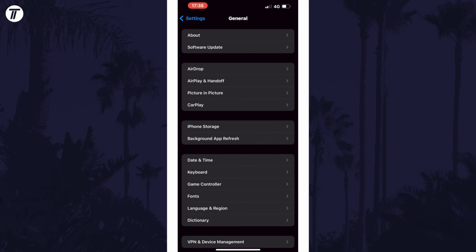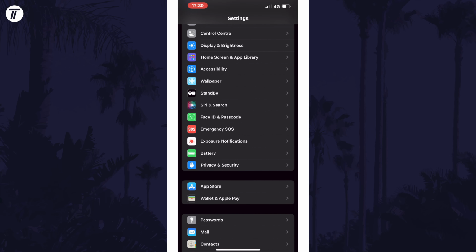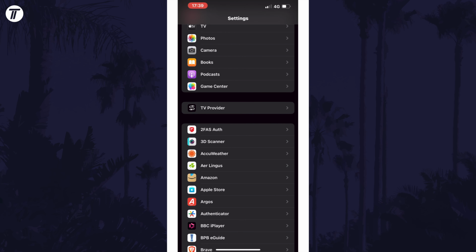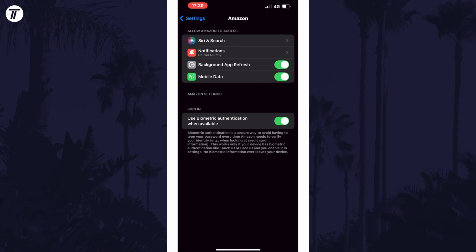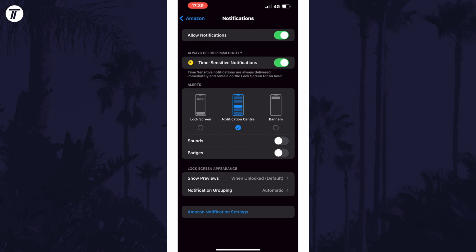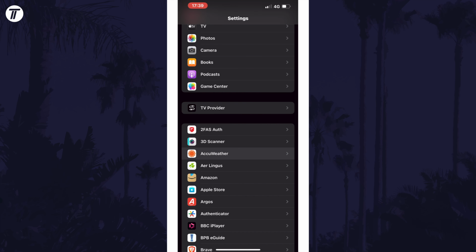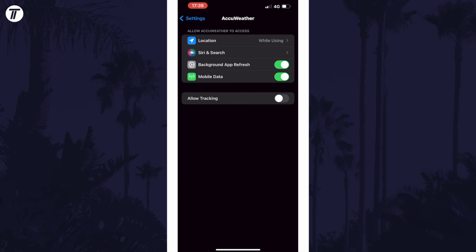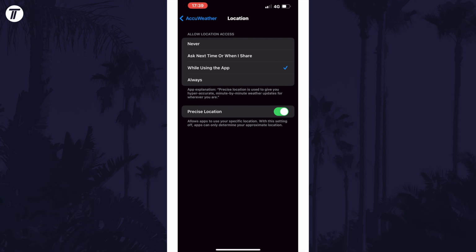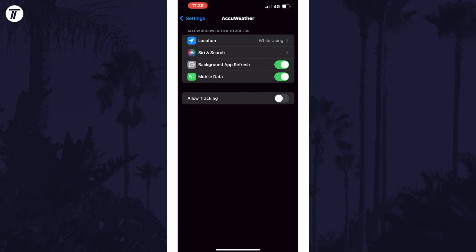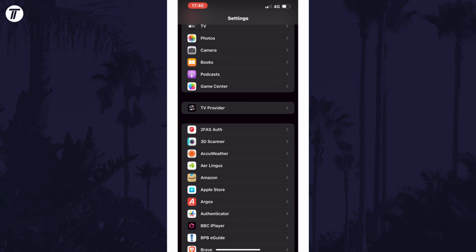Head back to the main settings page and this time scroll down to the bottom section that includes the list of apps on your device. Find apps in here that you don't rely on often and tap on them. For each of these apps, you could turn off things like notifications. This can be done by tapping on notifications and then by turning off the top toggle switch. You can also do this for location services, but only if you don't need this app to use your location. Whilst we're on the subject of notifications, make sure you clear them often to stop them piling up and slowing